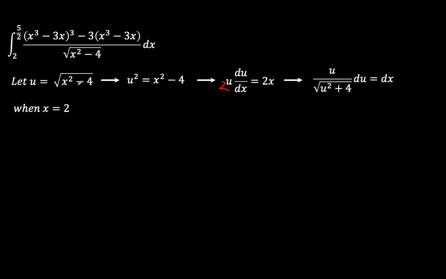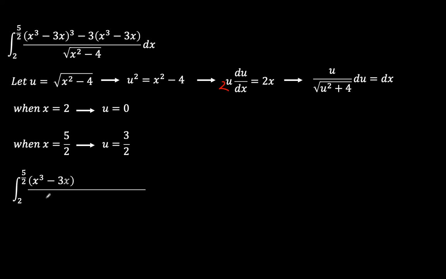Now also when you look at the limits, when x equals 2 here, that means that u squared is equal to 2 squared, which is 4, minus 4. So the entire thing becomes 0. u becomes 0. When x equals 5 over 2, what that means is that x squared is equal to 25 over 4. 25 over 4 minus 4 is 9 over 4, which the square root of that is 3 over 2. So u becomes 3 over 2. Now,